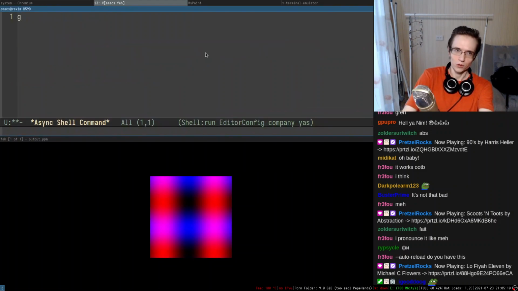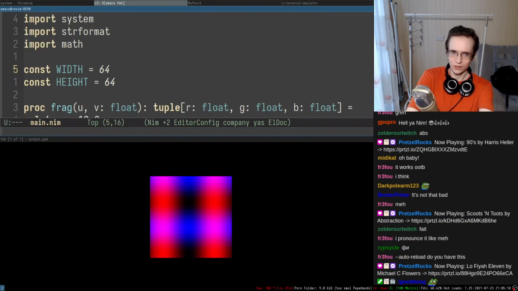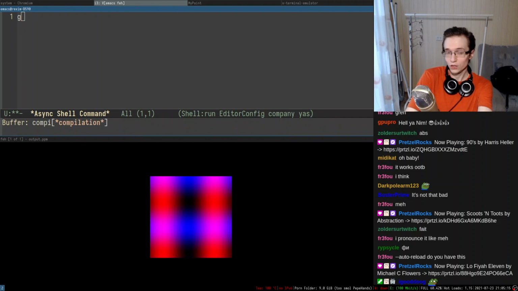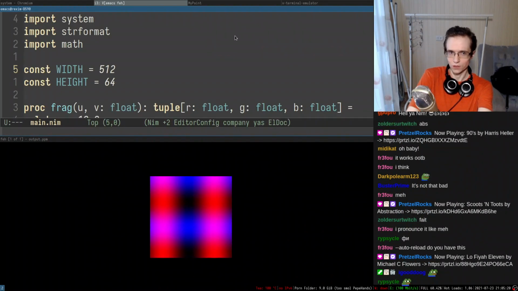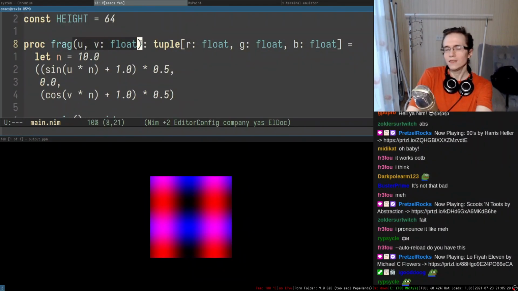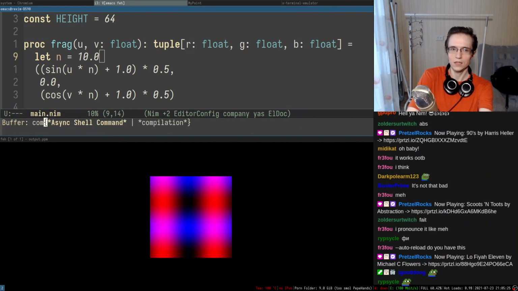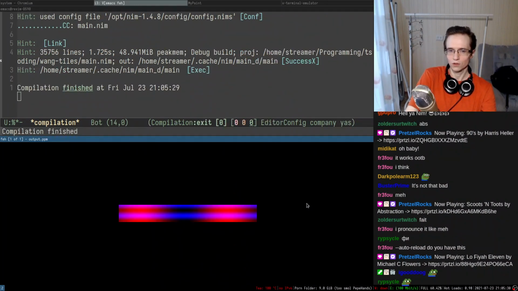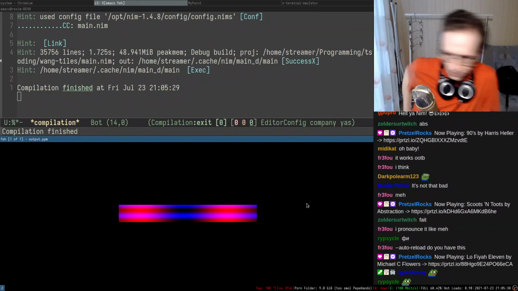Furthermore, it is even ratio independent. I can make the width bigger than the height, and it still works, because the shader function here doesn't know anything about resolution. It just has UV from 0 to 1. It literally doesn't care. Boom, it just squashes it.